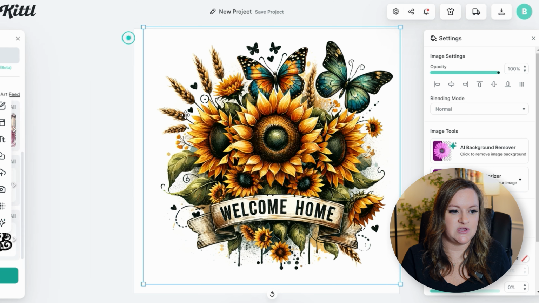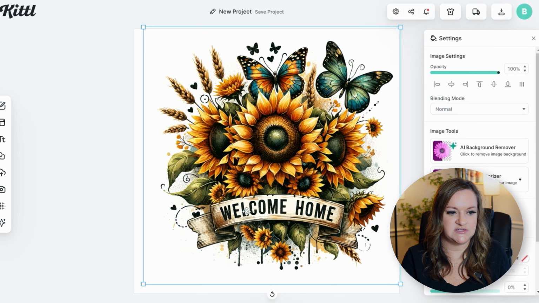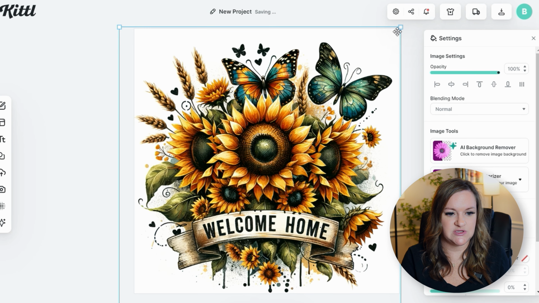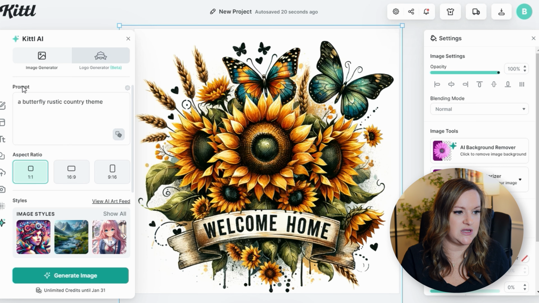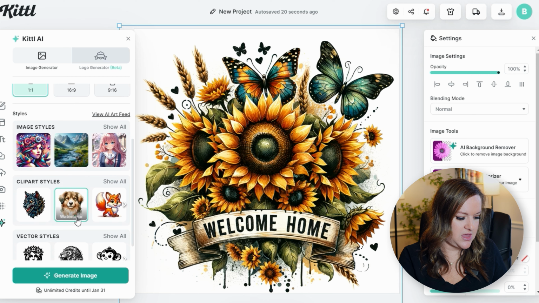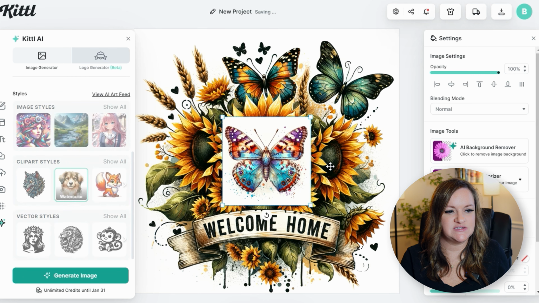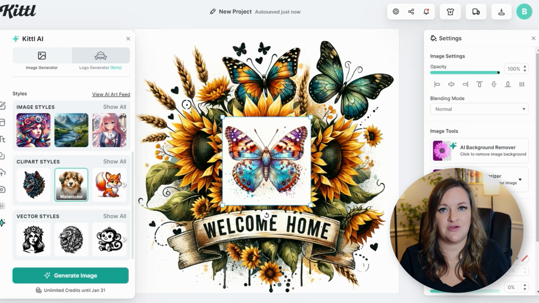So since this one is pretty much perfect as it is, I really wouldn't do anything different to it, other than maybe add an additional butterfly down here if I wanted to. And to do that, I would just generate it again with the same prompt, with just like a butterfly. Okay, so as you can see, that one did not generate anywhere near enough to this current color